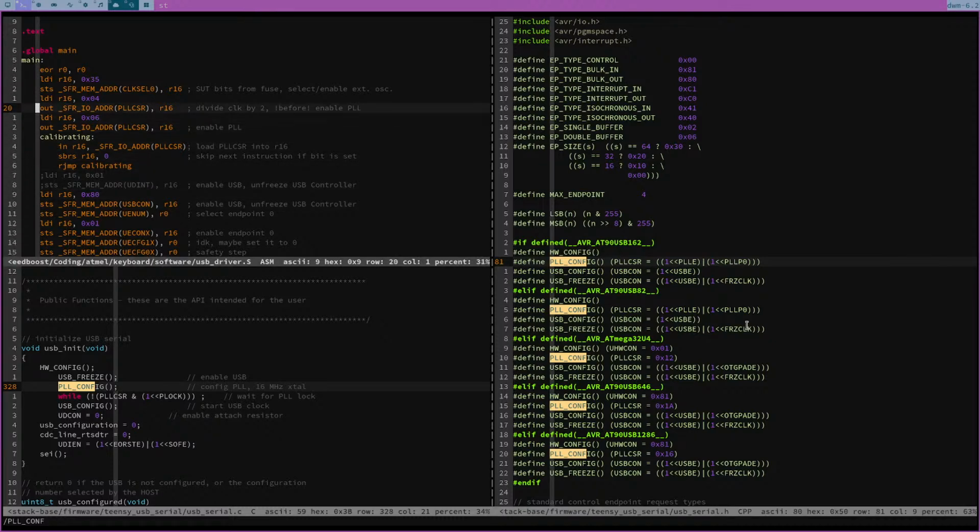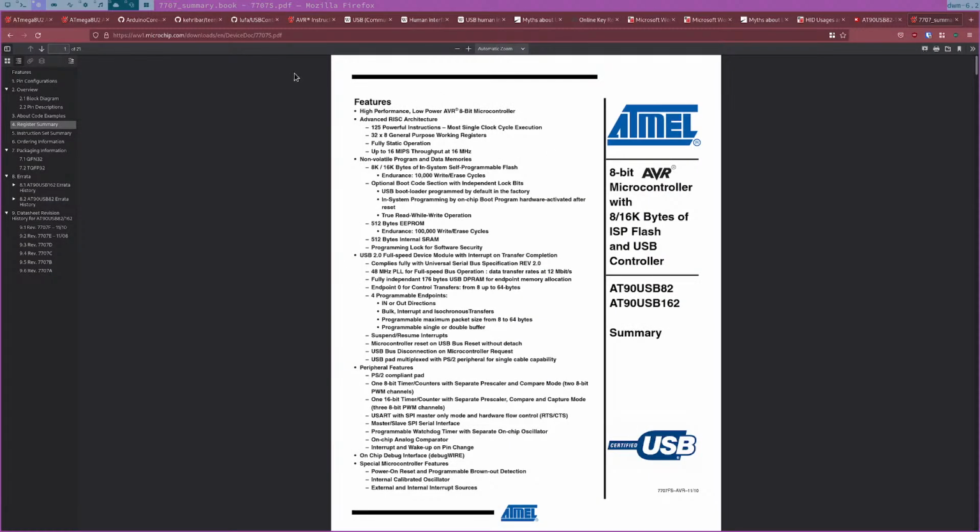Let's see. First we set it to PLLE, yes, and why do we have 4? No, 4 is right. And PLLP0 are getting set, which in our case would be